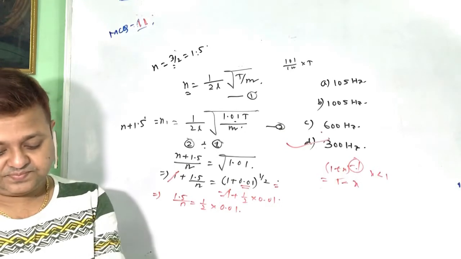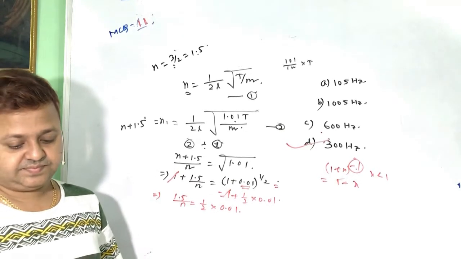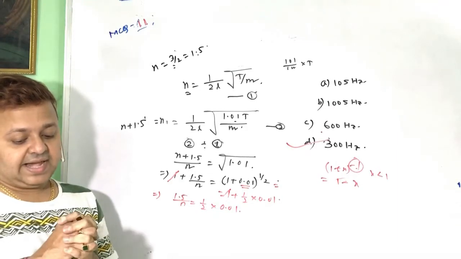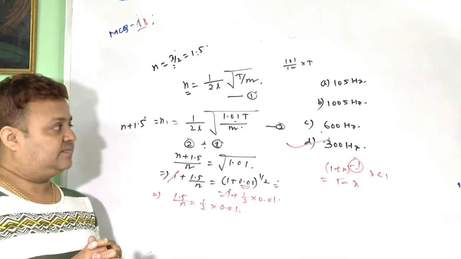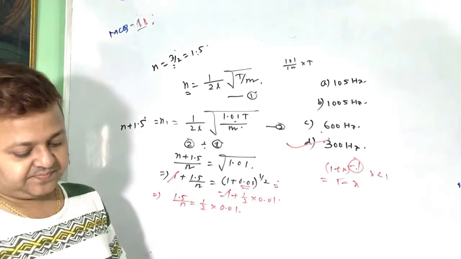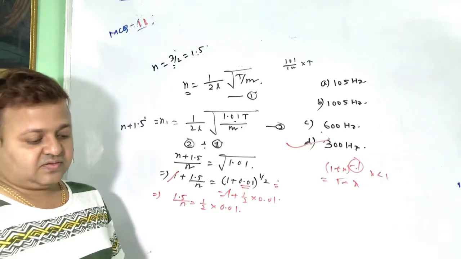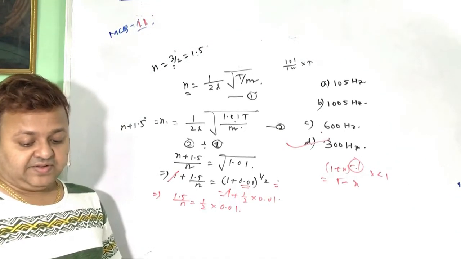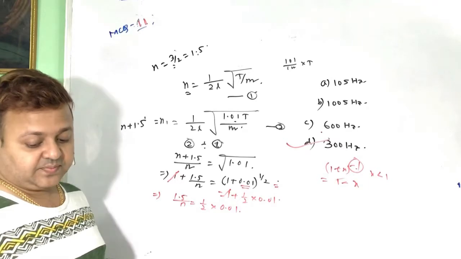Number 12, next, an air column and tuning fork. যদি লিখে না হয় লিখে লিখে নিতে হবে, কারণ টুক টুক টুক টুক করে লিখবি সেই জন্য হবে না। An air column and tuning fork produces 4 beats per second